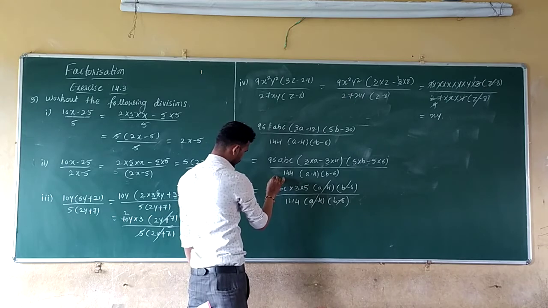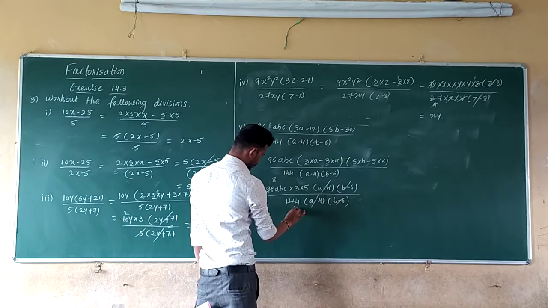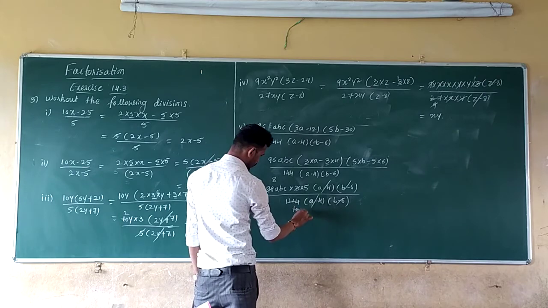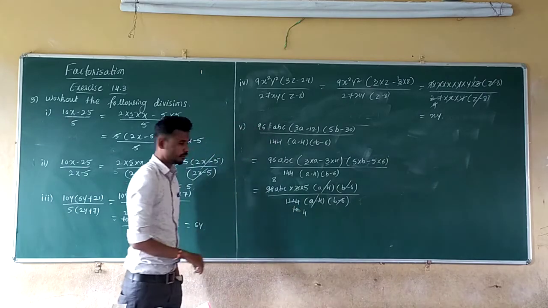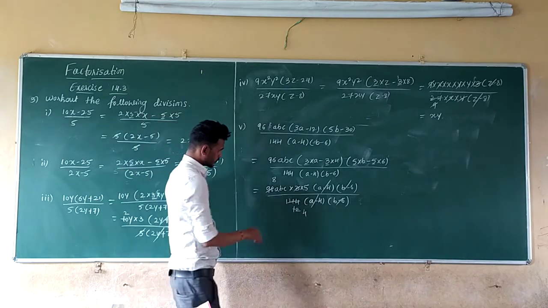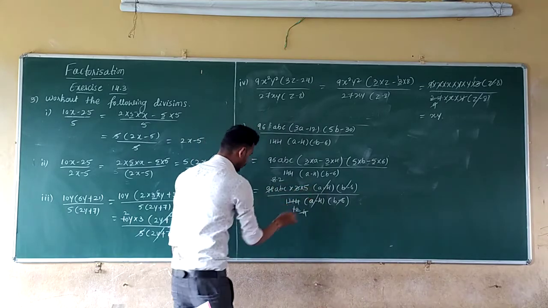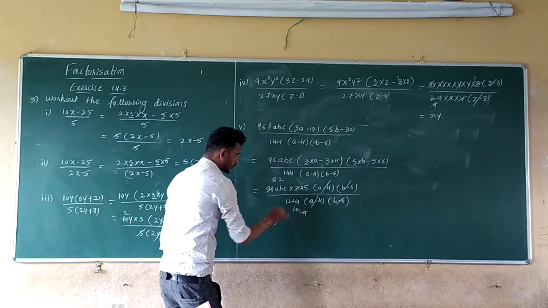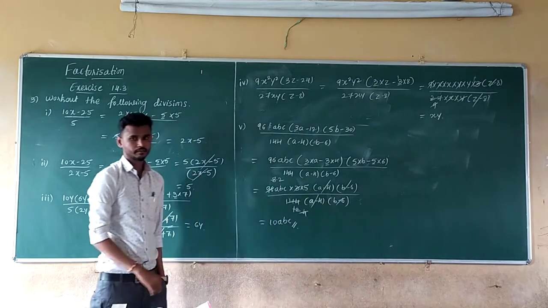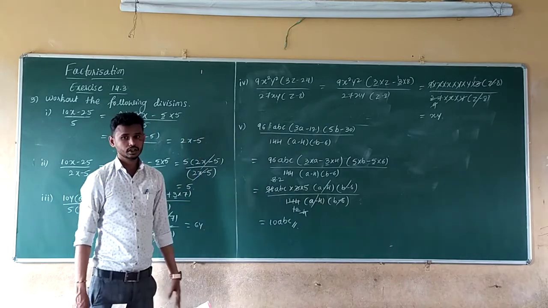Next, so here it is 12 into 96, and here it is 12 12s are 144. Next, 3 1s are 3, 4s are. So what do you get as the answer now? Again 4 1s are 4, 2s are, means 2 into 5 is 10, 10 into ABC, 10 ABC. So this is the solution of the third main question.